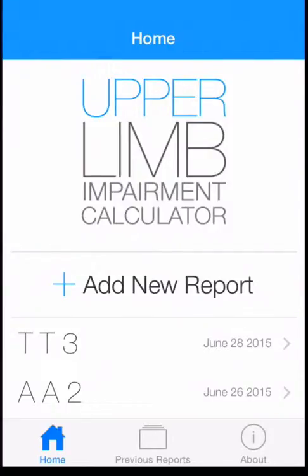Welcome. We're on the home page of the Upper Limb Impairment Calculator. This is an app for doing upper limb impairment calculations according to the AMA guides, editions 4 or 5, and even 3. This is the iOS version, which is designed for iPhone, but this is actually being done on an iPad. The older iPhones have a screen which is a little too small for it to be easily used,